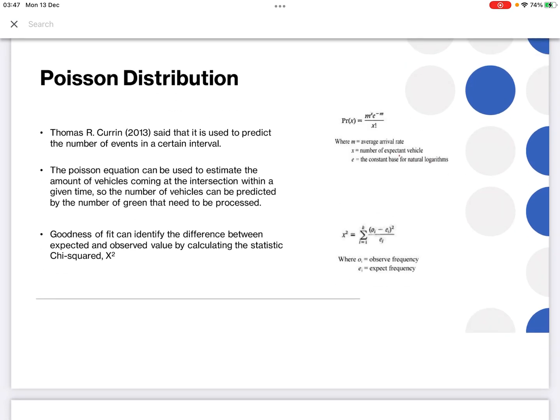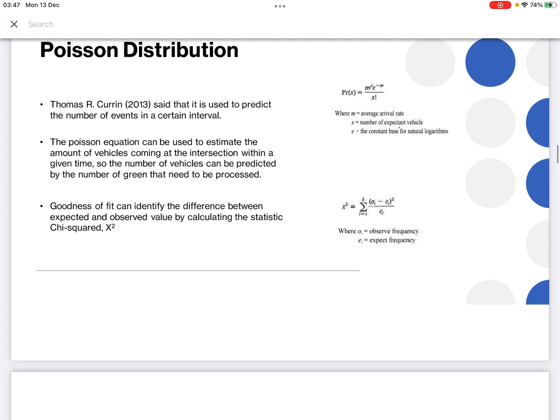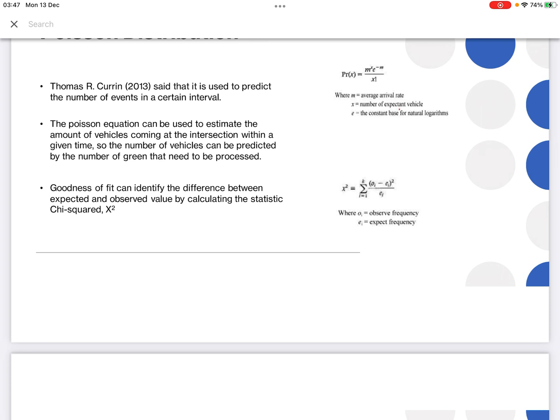Poisson distribution. Curlin says that it is used to predict the number of events in a certain interval. Poisson can be used to estimate the amount of vehicles coming to the intersection within a given time. As on the right, M equals average arrival rate, X equals number of expected vehicles. Next we can identify the difference between the expected and